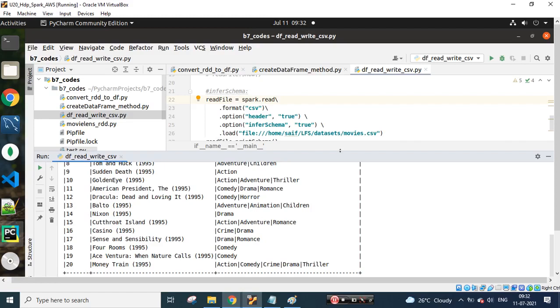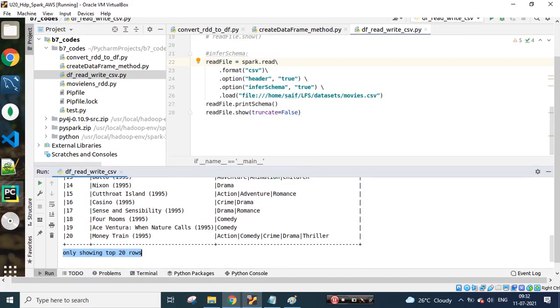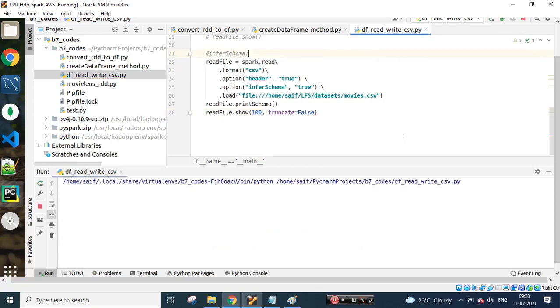Because on the console, we just try to see a few sample data, and based on that, they have given this flexibility. So it will be limited to 20 characters in each column, and for rows, it has the top 20 rows. So you can just give some greater number. Let's say I can give 100, and if I try to execute this,